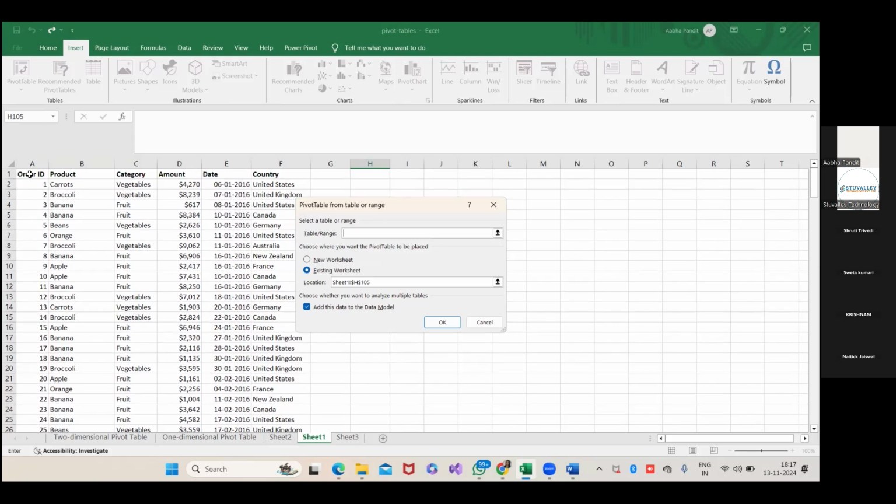I'll be selecting the complete data set here. You can even select the complete sheet. Here I selected a new sheet to be shown. I don't want the pivot table in the existing worksheet; I want it generated in a new worksheet.